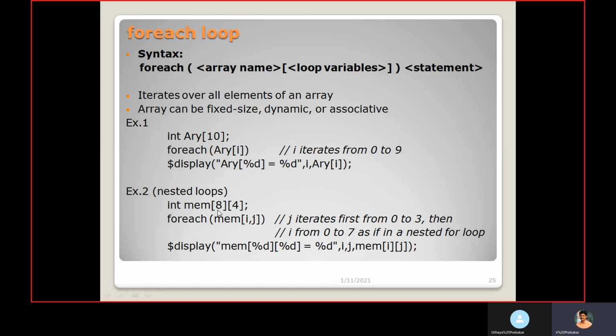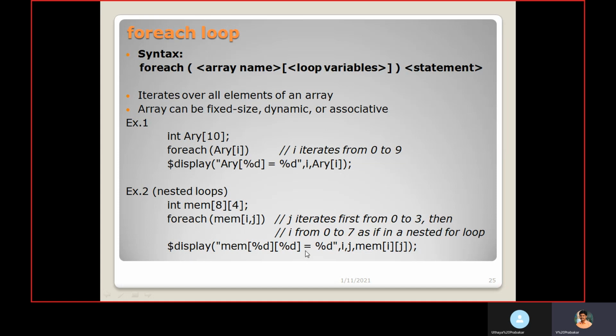If you see, mem of 8 means we have 0 to 7, and here we have 0 to 3. So first the i value is assigned as 0, and the j value first takes 0, 1, 2 and 3. In the next iteration the i value becomes 1 and the j value starts from 0 and increments by 1: 0, 1, 2. And the i value again increments, becoming 2, and j goes from 0 to 2. This way it will perform.